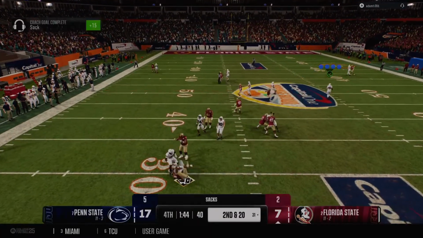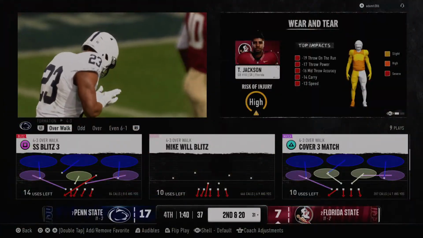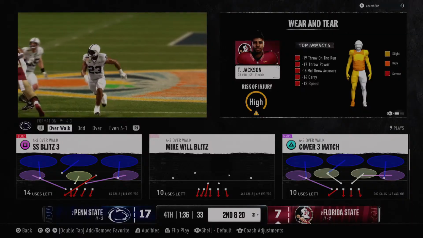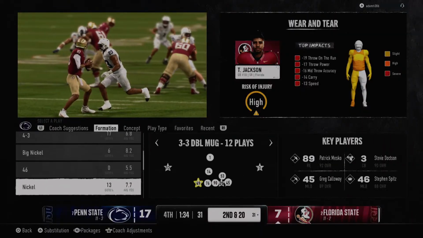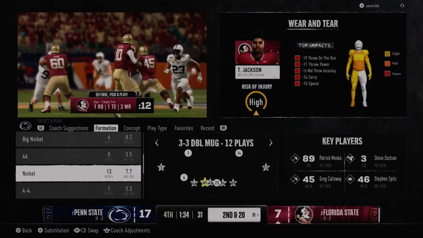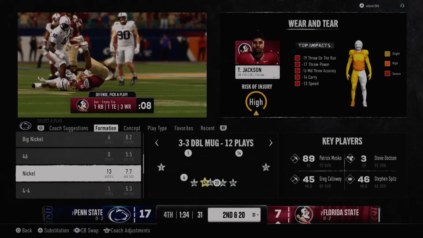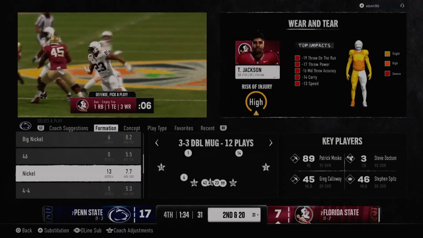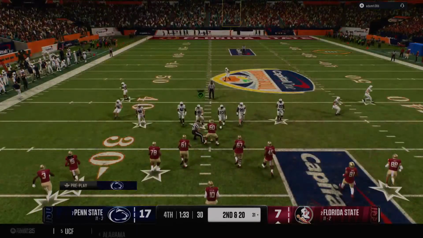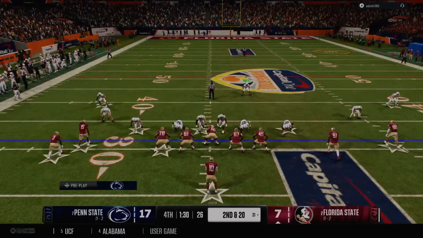They keep it. Got him for a sack. A big play made by one of the senior leaders in this defense. Well, that takes the wind right out of your sails. This offense is trying to find a way to get back into this game, and another pressure and a sack against their quarterback. We'll see if they can overcome the sack. Second and very long.